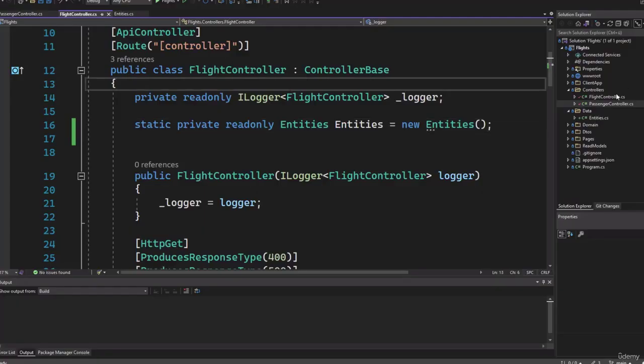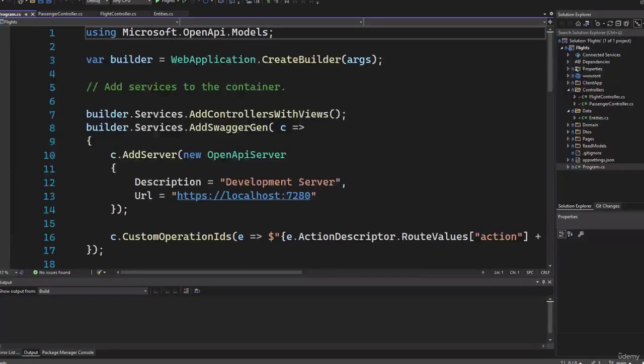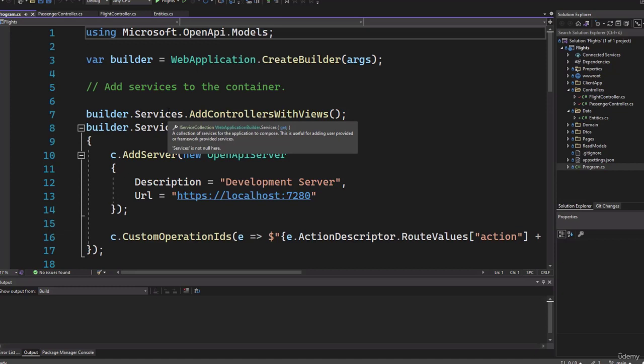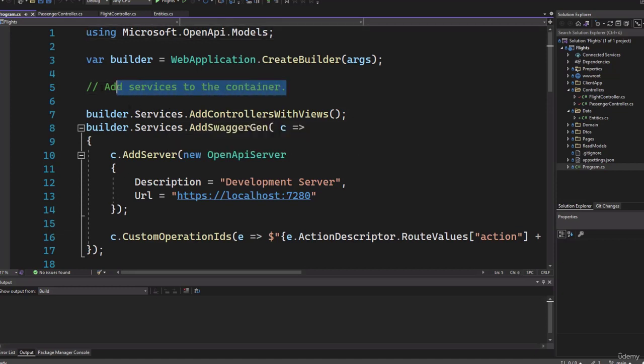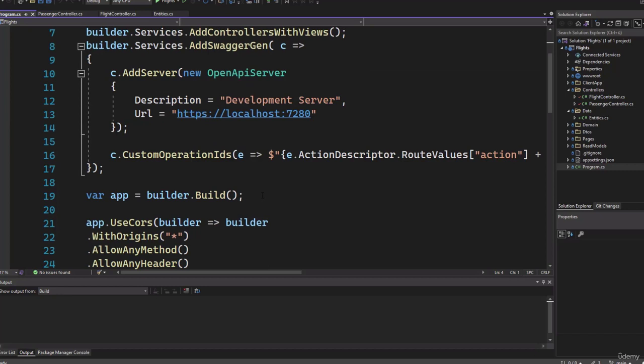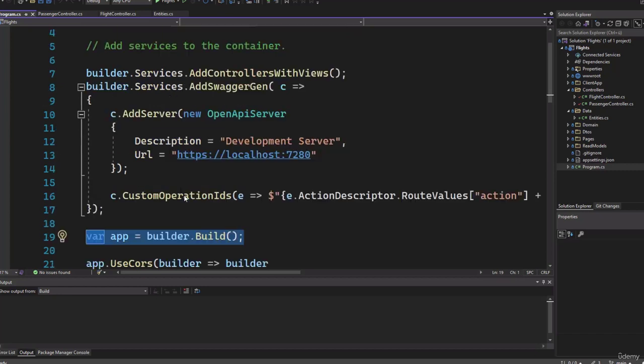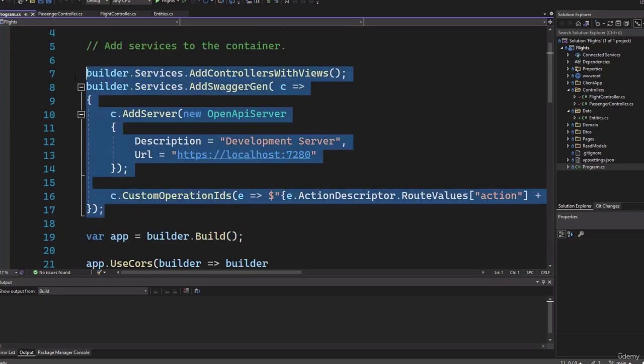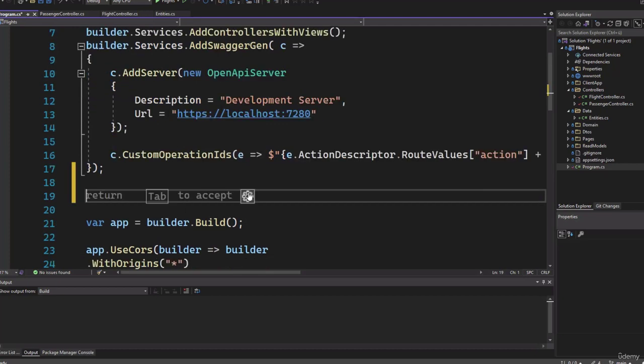Inside of your project, open up program.cs. This is the file where you configure your ASP.NET Core application. Also, you can see that right here. Here you can create and add services to the container. So you can add services to your application here. Just before you build the application, using builder.Build, you are able to add the services directly here. So let's do that. Just before we build the application, we're going to go ahead and say